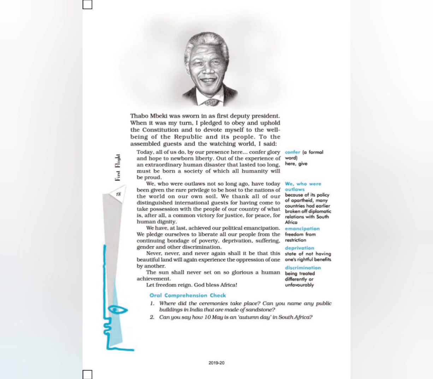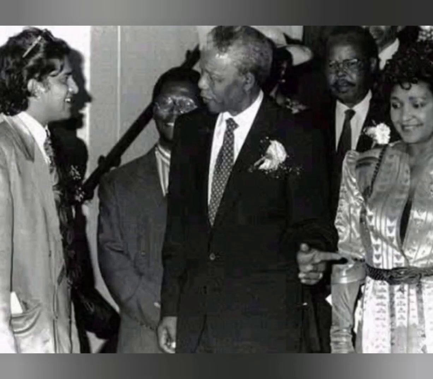Later he says one sentence, about the oppressor and the oppressed. The oppressor and also the oppressed, both are robbed of their humanity. So if I am oppressing someone, I am also a prisoner of hatred. If you are being oppressed, you are also a prisoner of hatred, given by me, and I am a prisoner of my own hatred. This is what Nelson Mandela wants to convey. If you want to imprison others, first you are imprisoning yourself because of hatred. That is what he is trying to convey.